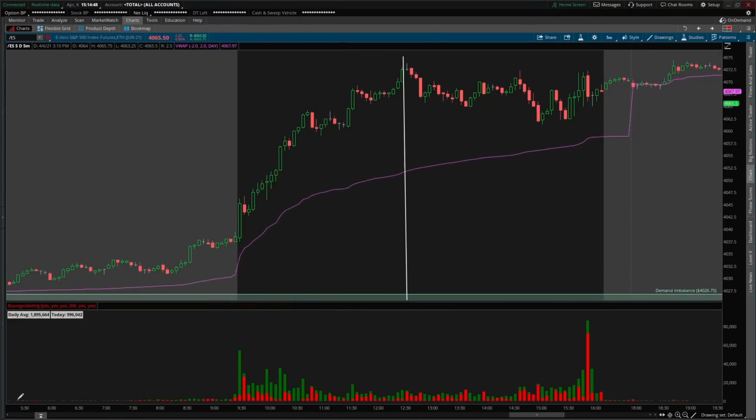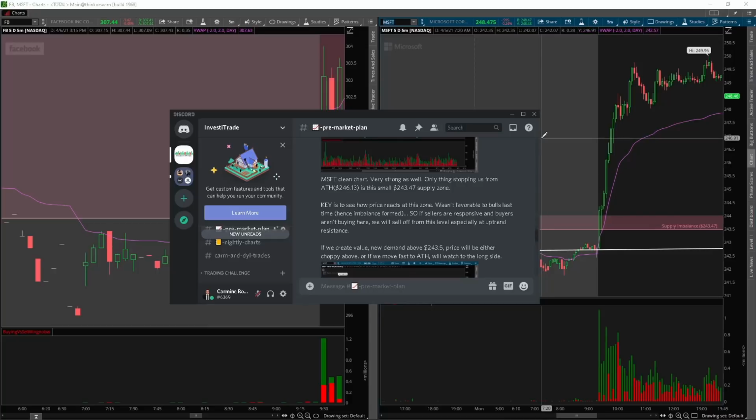If your edge is not present, you cannot trade, and do not let your emotions win. This is where you have to sit on your hands, especially at all-time highs when there's not a lot of levels to base the analysis off. So just because the market's at all-time highs does not mean there's going to be other setups. There will be tons of other setups like we saw on Microsoft. It was a very clean chart. It was very simple analysis.